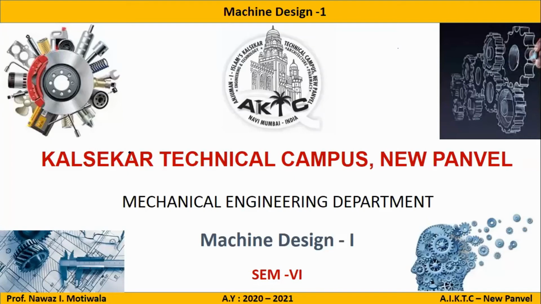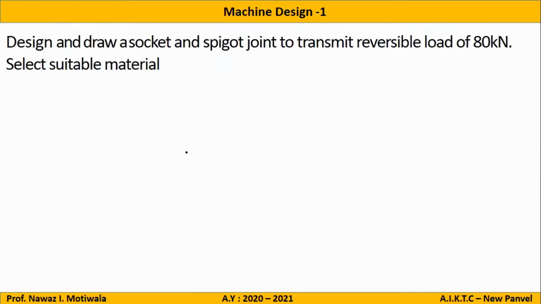Let us start with today's lecture by solving one more problem on quarter joint. Design and draw socket and spigot joint to transmit reversible load of 80 kilonewton, and select suitable